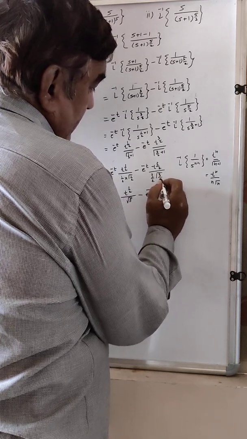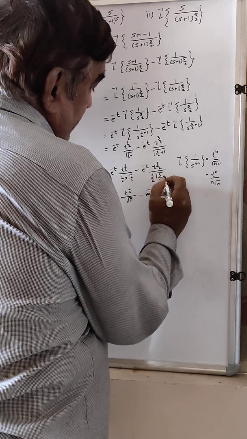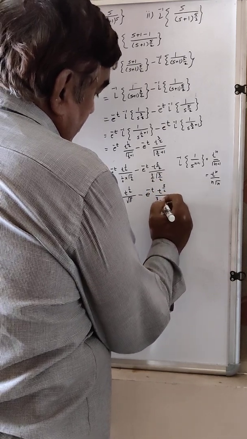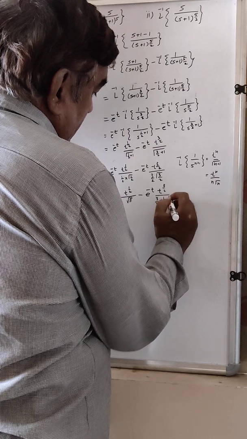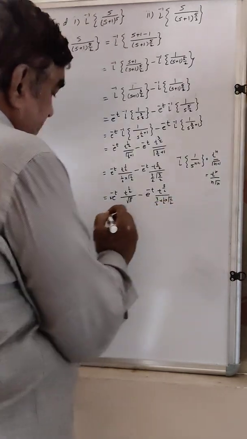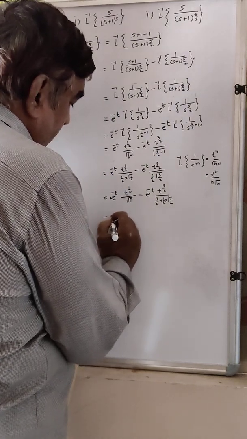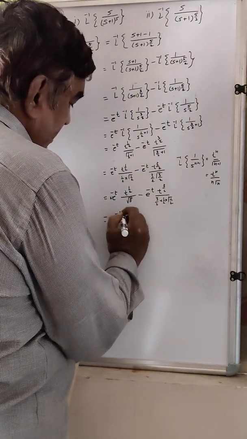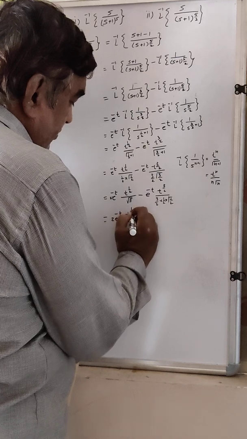Here gamma 3 by 2 means 1 half plus 1. Therefore 1 half into gamma 1 half is equal to twice e raised to minus t, t raised to 1 half